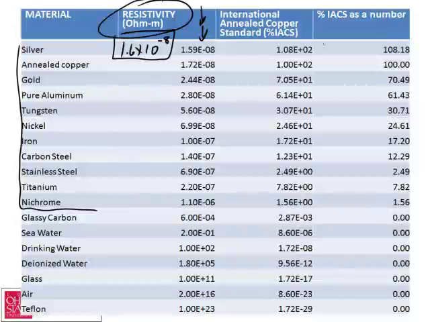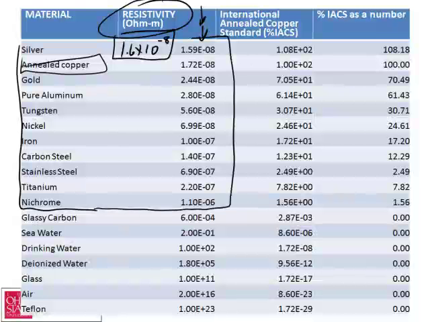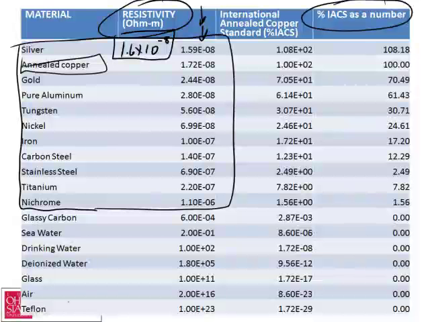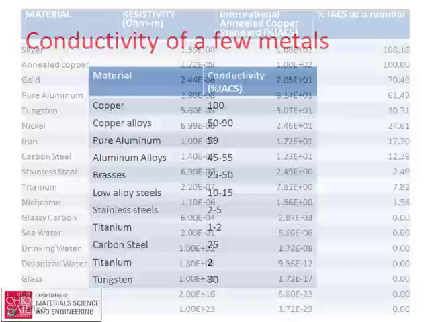Copper would sit here at 100 and yield copper. And you can see that these are all of largely similar order. These go from 10 to the minus 8 to 10 to the minus 6. And if I turn this into conductivities, and this is this number we talked about in the last slide, this